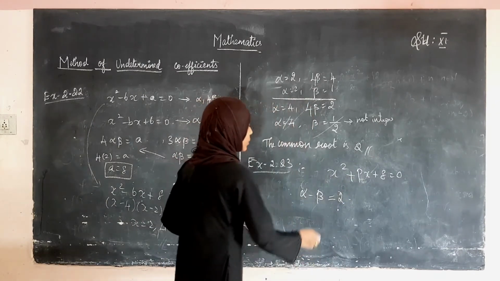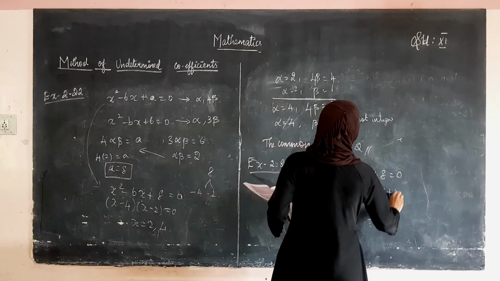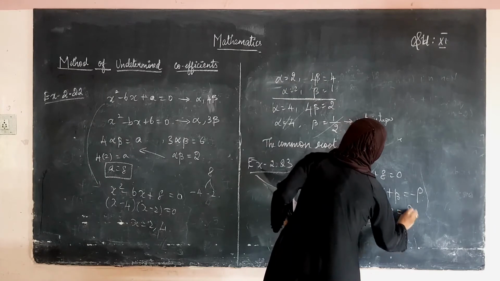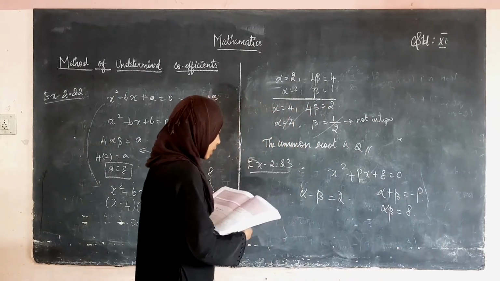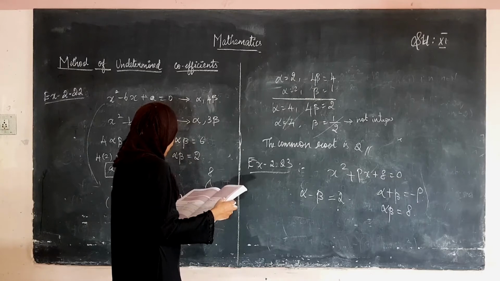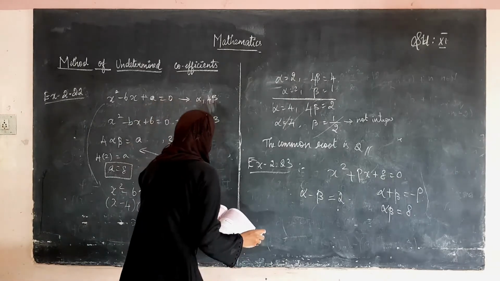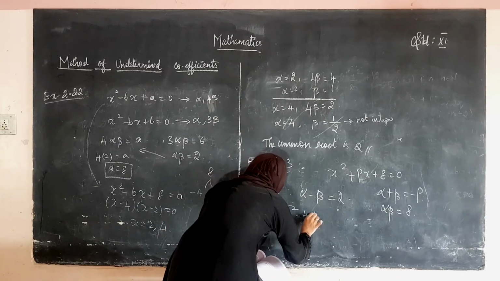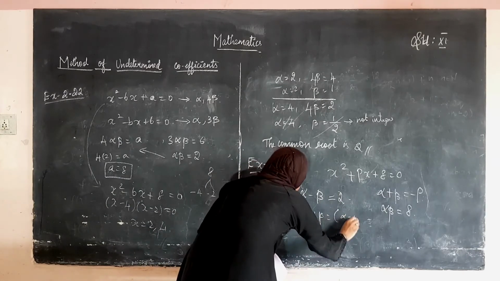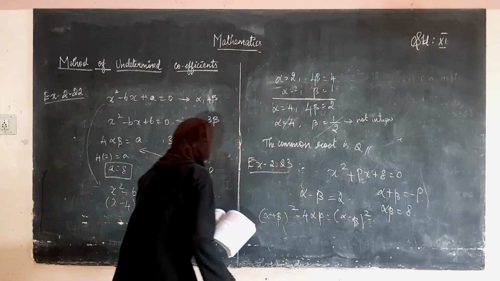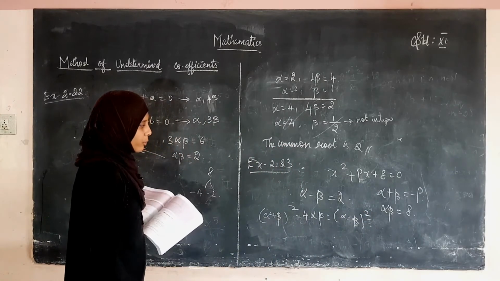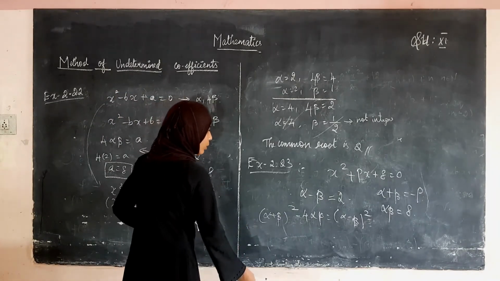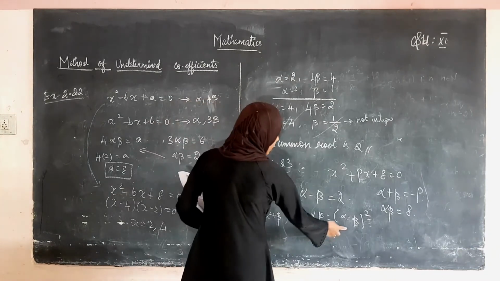Okay, now from this, the sum of the roots, alpha plus beta, will be equal to minus b, and what is the product of the roots? Alpha into beta is equal to 8. Now we already know the formula: alpha plus beta the whole square minus 4 into alpha beta is equal to alpha minus beta the whole square. We have to find the value of p, right? So for that we are using this formula. So we know alpha plus beta's value, alpha beta's value, and alpha minus beta's value.